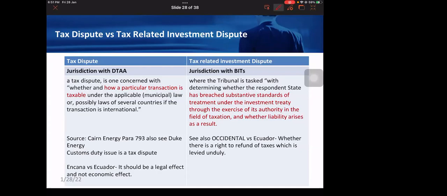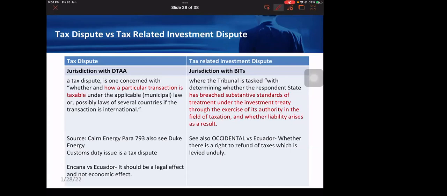Tax-related investment dispute, on the other hand, the right side of the screen says, whether the respondent state has breached substantive standards of treatment under the investment treaty through the exercise of its authority in the field of taxation and whether liability arises as a result. So therefore, what essentially they have mentioned is,